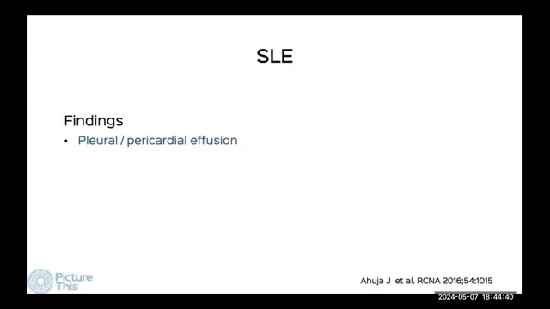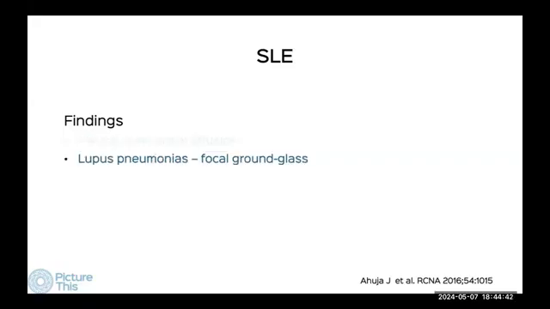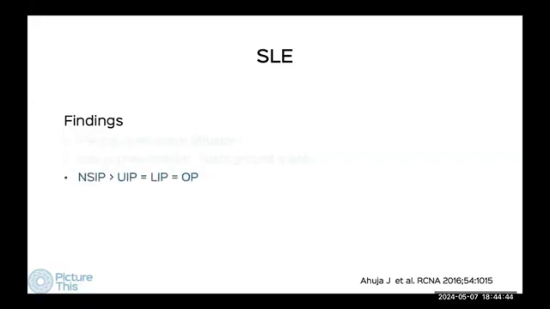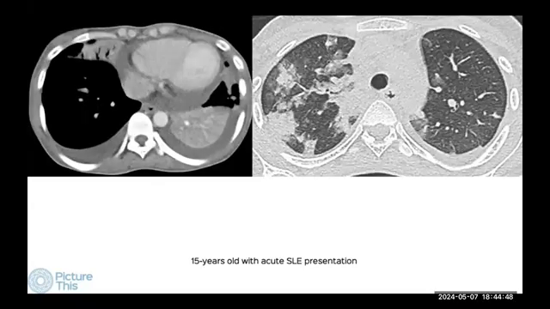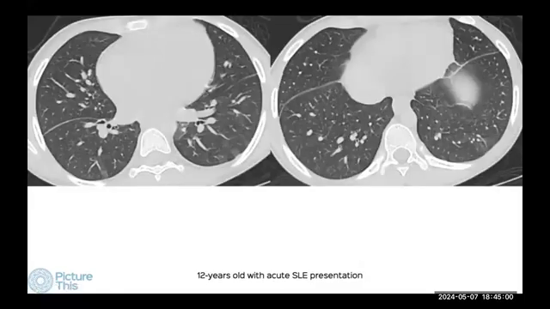SLE is a more wet disease where we get pleural and pericardial effusion, lupus pneumonias. NSIP is more common, but we can also get diffuse alveolar damage. So here is a patient with acute SLE, pericardial and pleural effusion, and you get these areas of consolidation showing an organizing pneumonia pattern but are consistent with lupus pneumonia. And here you can see that the patient just has these subtle areas of ground glass representing lupus pneumonitis